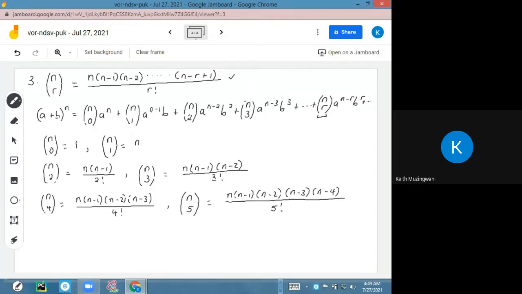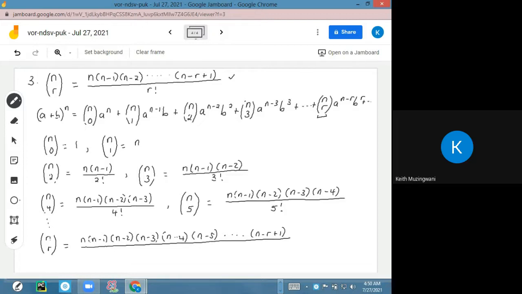This means that if we keep going until we get to nCr, what should come out is n(n minus 1)(n minus 2)(n minus 3)(n minus 4)(n minus 5). We can keep going until we get to n minus r plus 1,